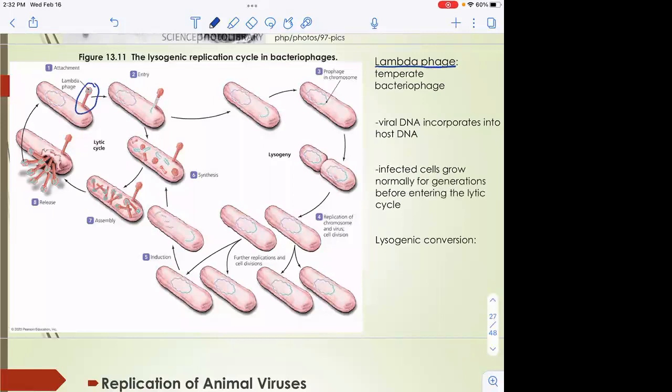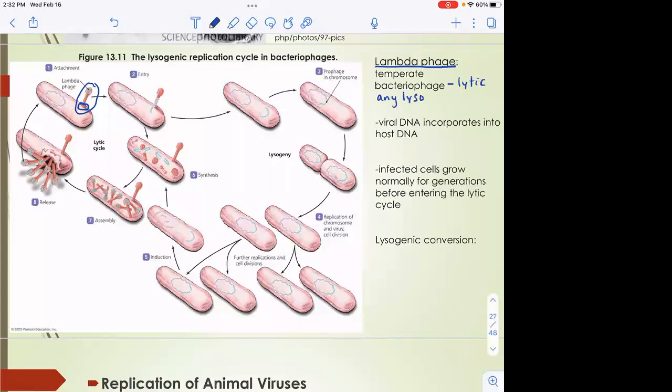It's just lacking those tail fibers. So here the proteins to attach, this is another phage that only infects E. coli. Those proteins are going to be just at the end of that tail fiber. It's going to recognize the outside of E. coli. We call this a temperate bacteriophage, and that means it can do lytic and